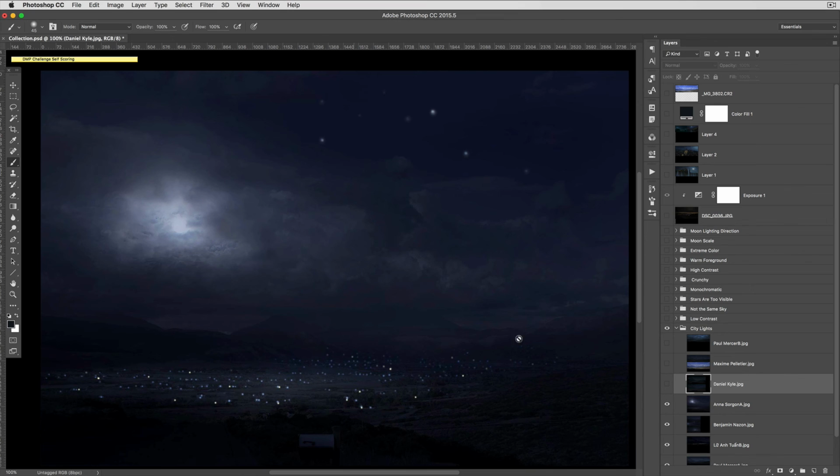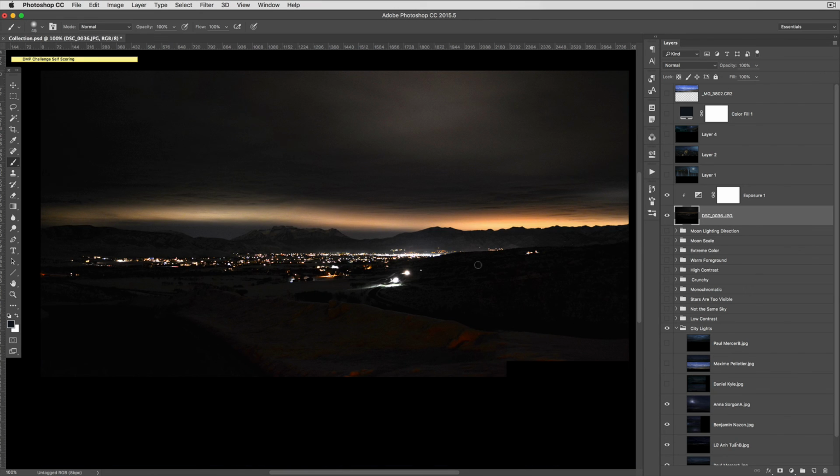So here, something that Anna has done is she's painted in the lights. So you have a couple of different approaches for painting in lights. Certainly you can do that. I think on this, you need to be a bit more careful about where you're putting your lights and making them look realistic, as opposed to a dot scattering kind of look that it looks like right here. So certainly, I'm going to post this image too,